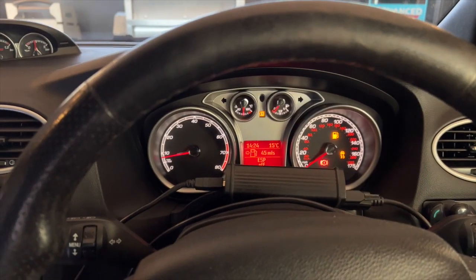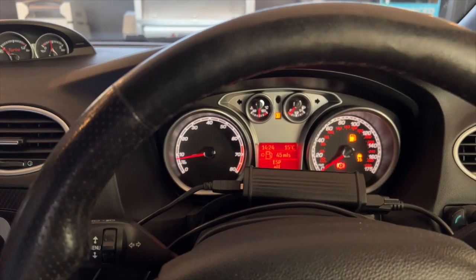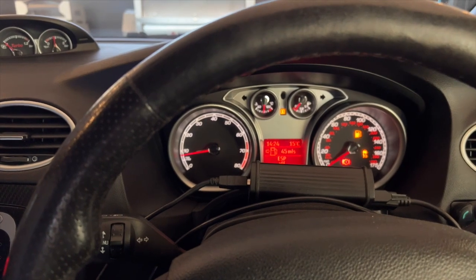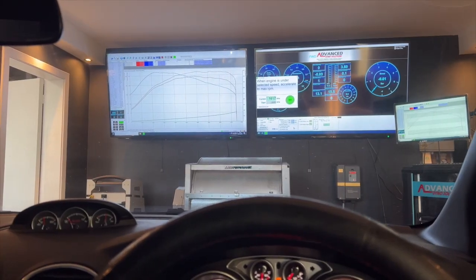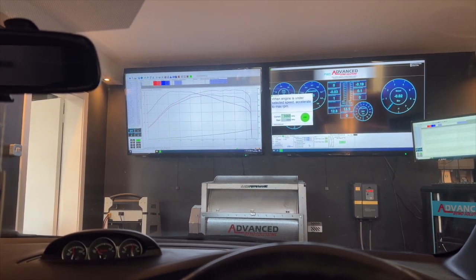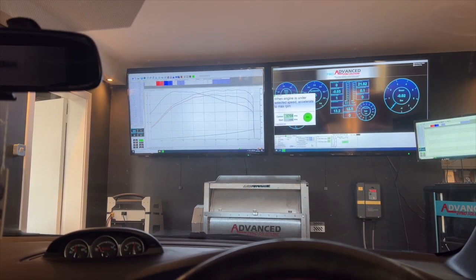I really should have put some fuel in this before I did it. It's one of my pet peeves, bringing a car in for tuning and then there's no fuel in it. But do as I say, not as I do. So I've not long took the crackles off, so the car hasn't adapted yet. So we'll just see how it does now, and get ready for 3, 2,